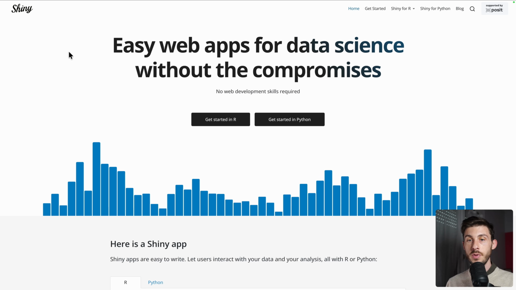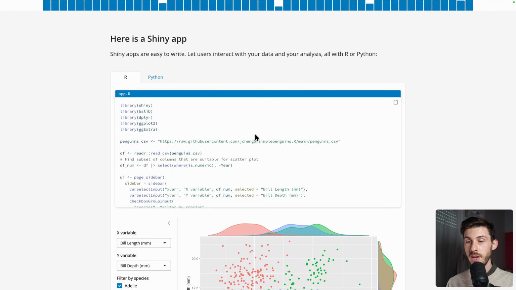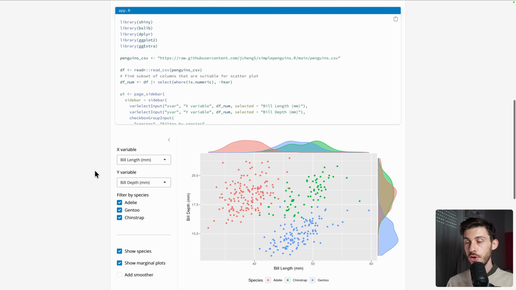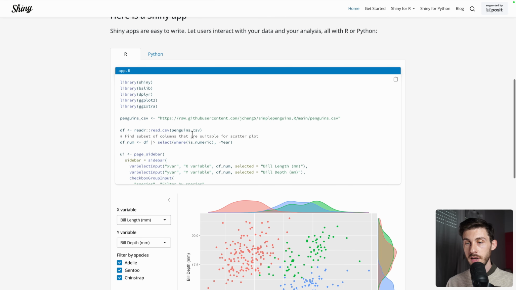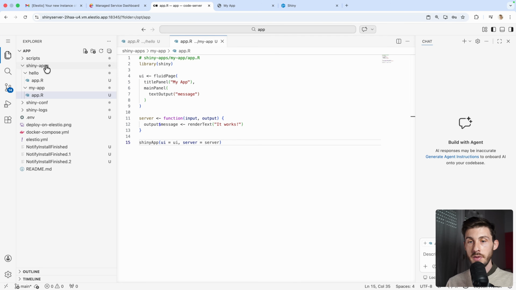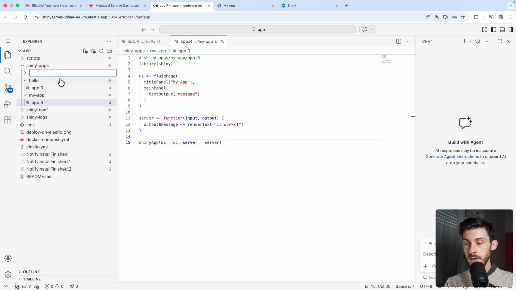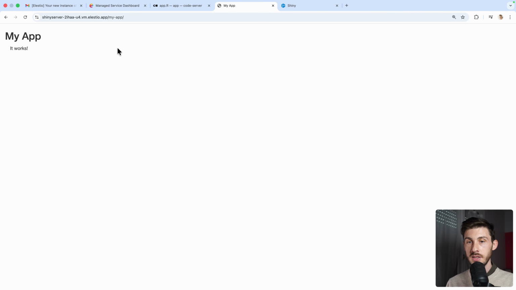For this, we go to the official website of Shiny. You have either get started in R or in Python and how to create apps. This one looks much more interesting than ours, so let's simply try to copy the code and to make it work on our server. So there is this button here, copy. In another app, let's create a folder, a Shiny example, inside app.r, paste it,